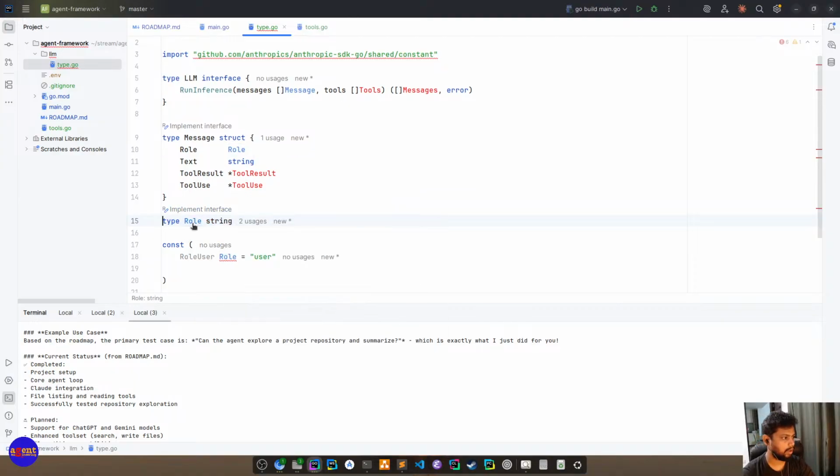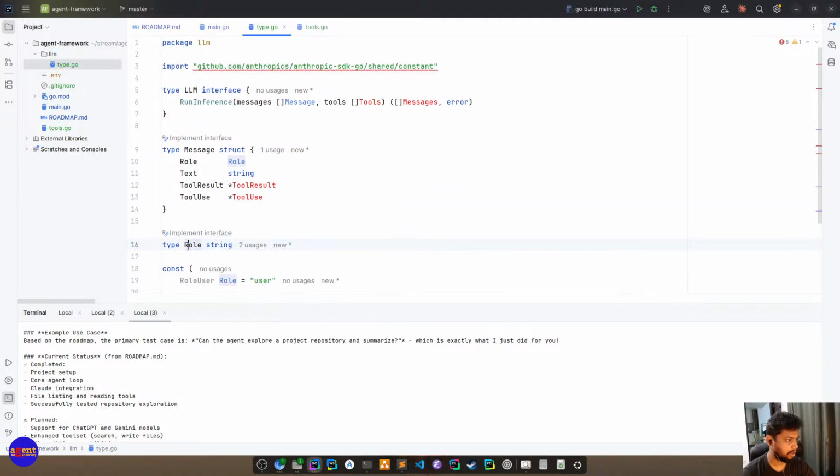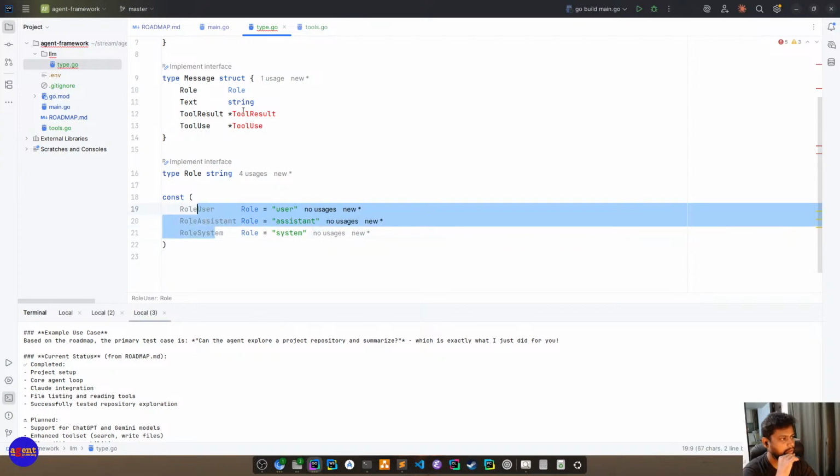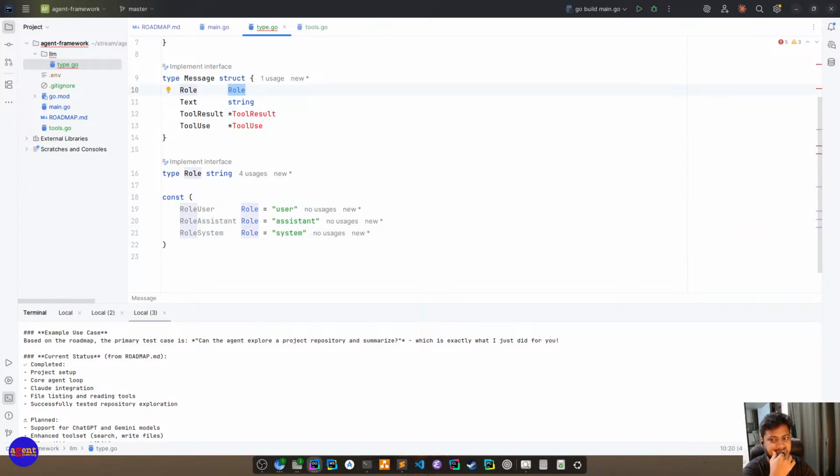So in Golang, we are allowed to define new types using primitives, and these are distinct. So there is user role, there is assistant, and then there is system, right?